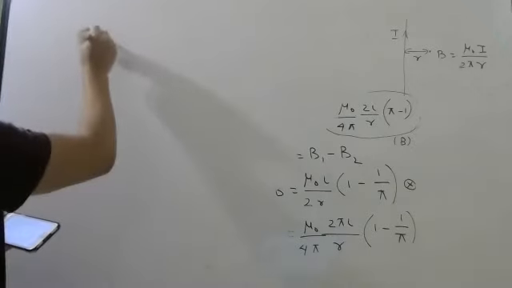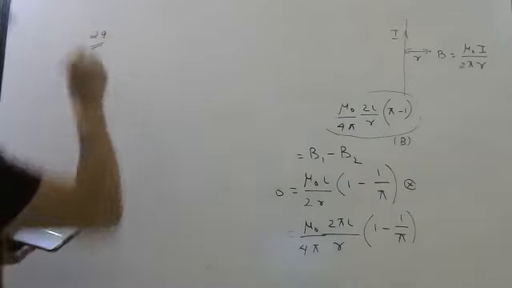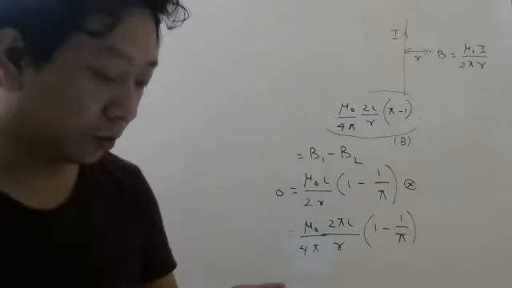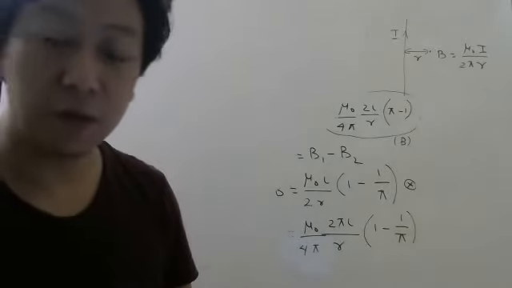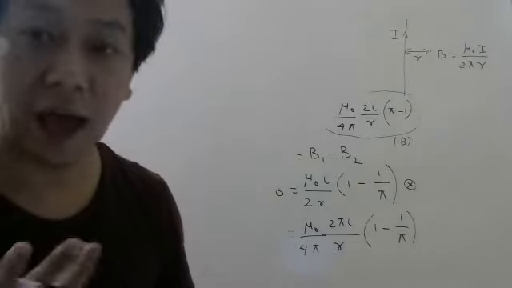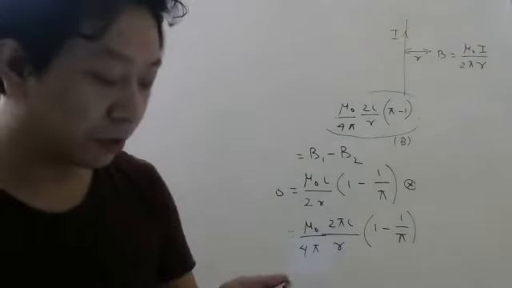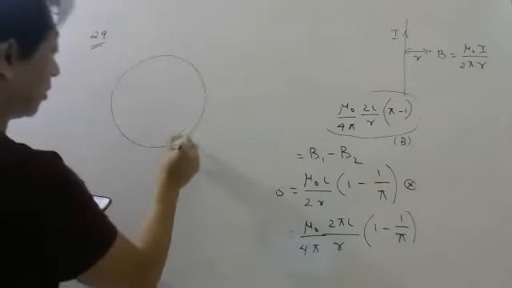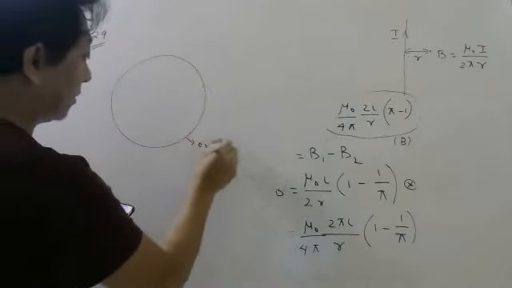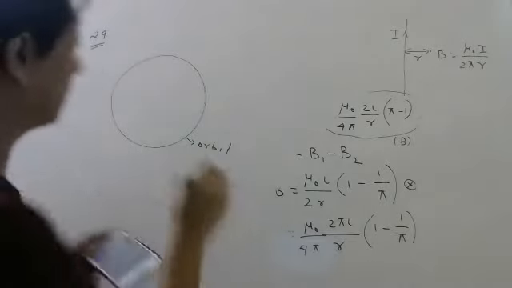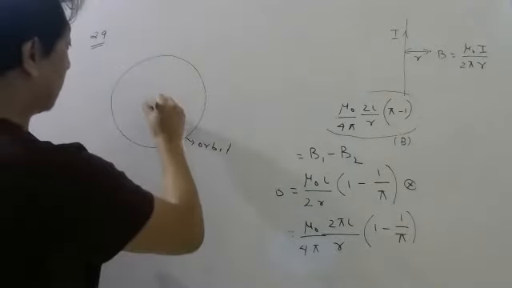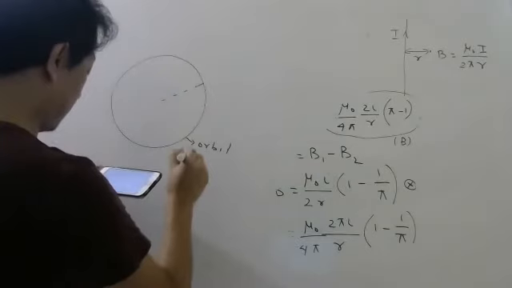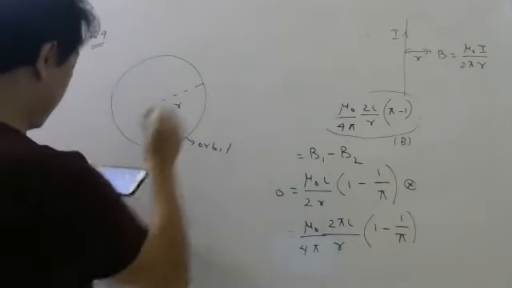Question 29 is a nice question. An electron moves in a circular orbit. Where will you find such electron? In atoms. So an electron moves in a circular orbit. This is orbit, okay, not wire. This is orbit, not wire. This is the path of the electron. Radius is, they want the radius.